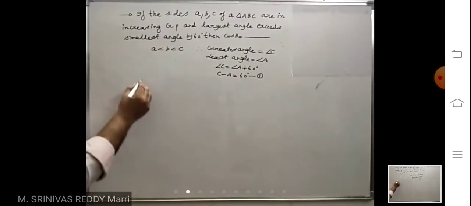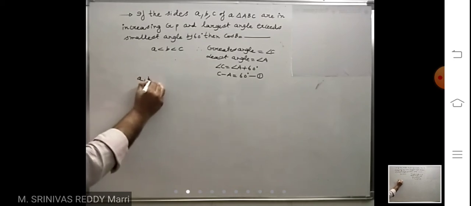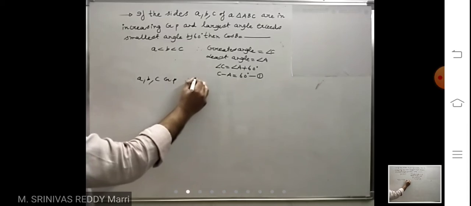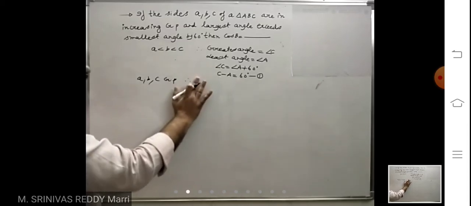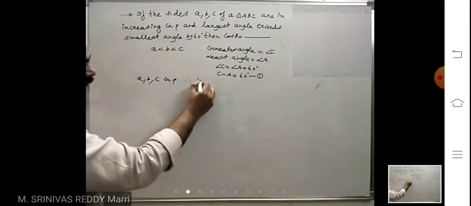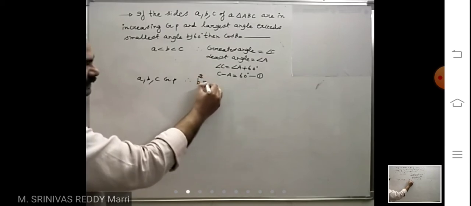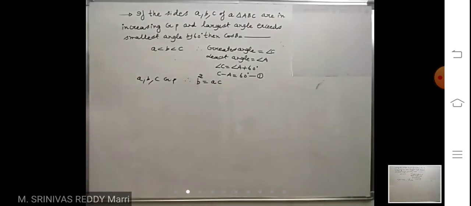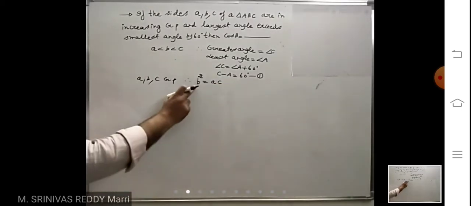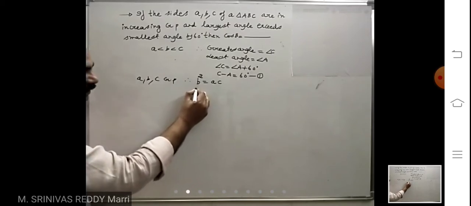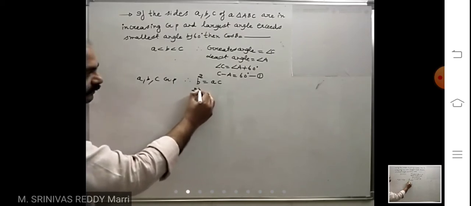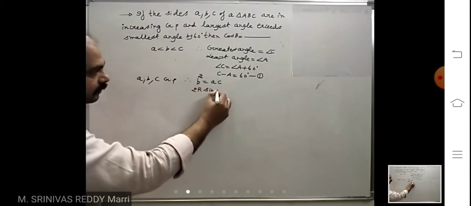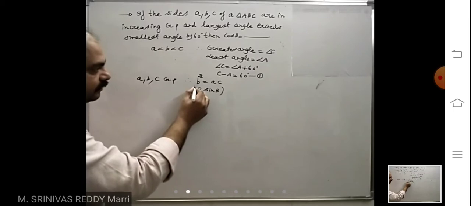Now given that A, B, C are in GP. Therefore, B square equal to AC. GP means B square equal to AC. Now look at here. B means according to sine rule 2R sine B, 2R sine B whole square